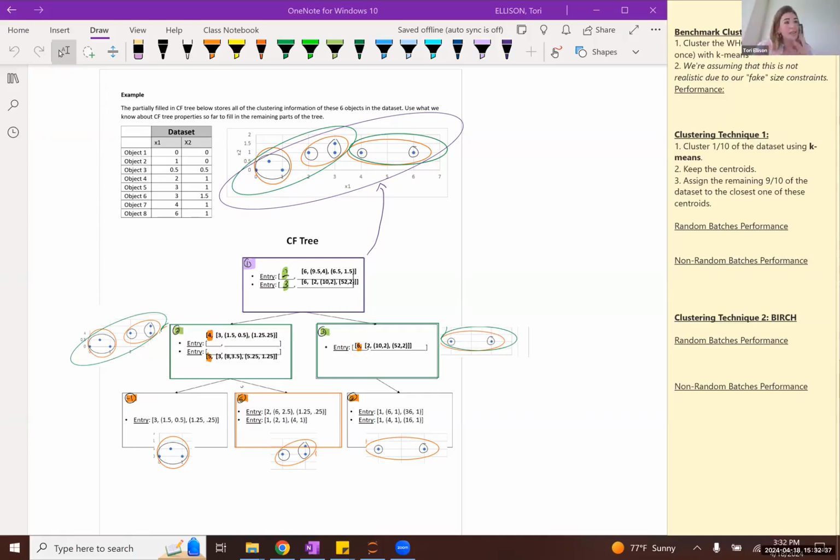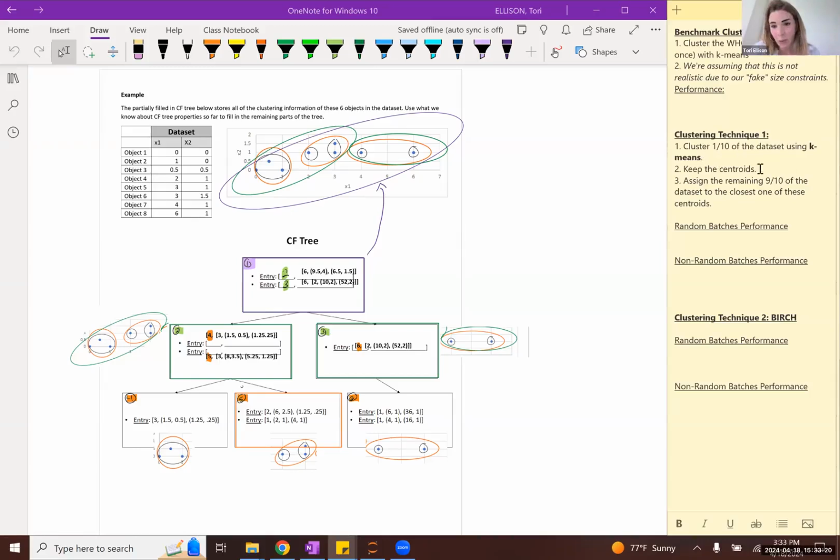Now, under a scenario such as that, we did discuss potential workarounds, right? So, for instance, one hack, I guess you could say, that we could try in certain scenarios is we can take a sample of the data set that we'd like to cluster overall. So let's just say we were able to get by with loading a tenth of the entire data set into our Jupyter notebook. And so what we might try to do is cluster that 1/10 of our data set using one of the clustering algorithms that we know, like k-means.